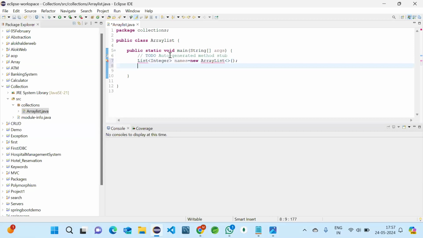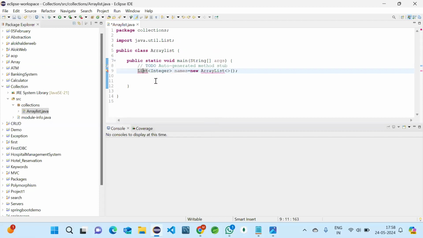I will tell you why this error is there. These are predefined interfaces and classes we are using, so we should import them. Java has built-in packages and user-defined packages. Here collection is a user-defined package which is created by me, and there are so many built-in packages which were created when Java was written. This List and ArrayList will be present there. We are using them in our own package, so we should import them. See how I'm importing using Eclipse.